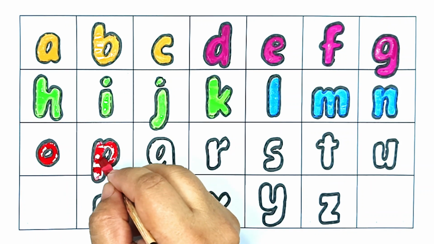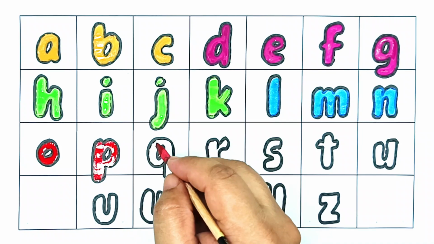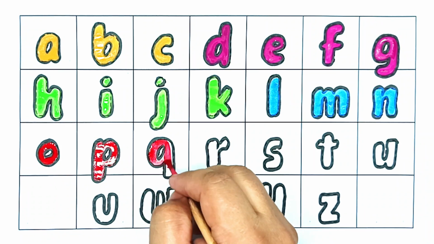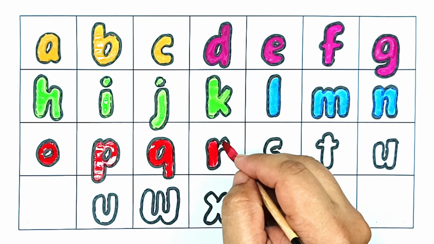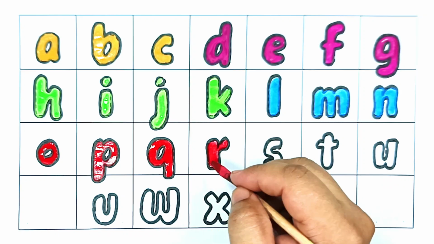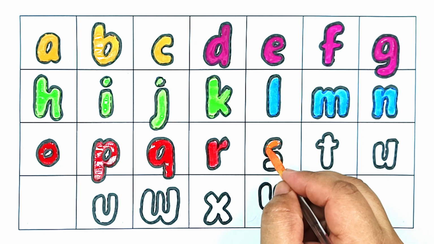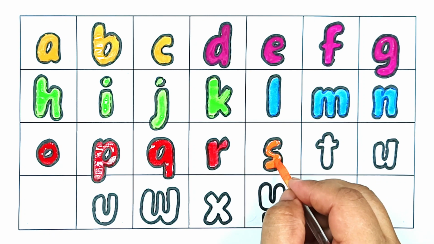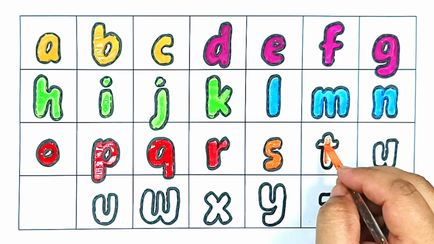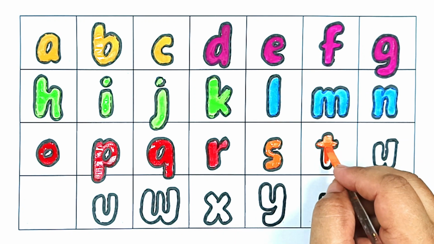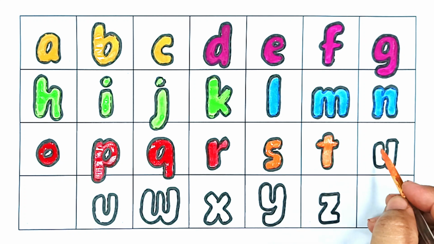P for pen, P for pen, Q for queen, Q for queen, R for ring, R for ring, S for star, S for star, T for train, T for train,